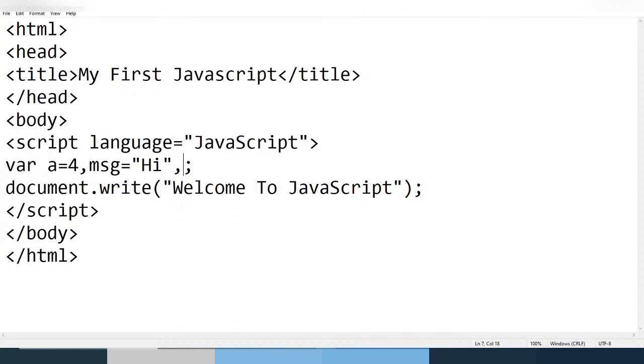Yeah, you can even mention some c equal to true. What does it indicate? Boolean. So this is how you can mention variables in JavaScript. And as I was saying, even though you don't define any data type, the data types JavaScript supports are